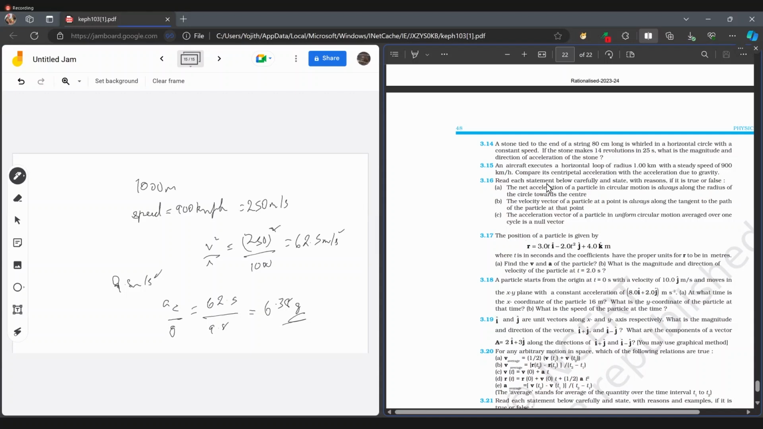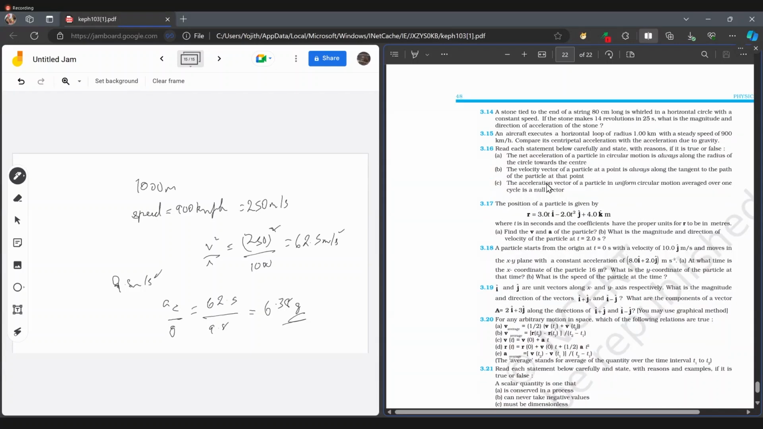Okay, this is true. Okay, velocity ఎప్పుడు then acceleration vector of a particle in uniform circular motion averaged over one cycle is null. So this is also true. Okay, average of all the acceleration will be ఇక్కడ ఉన్నది ఇక్కడేమో ఇక్కడ ఉన్నది, all they are basically complementing each other totally. Okay,